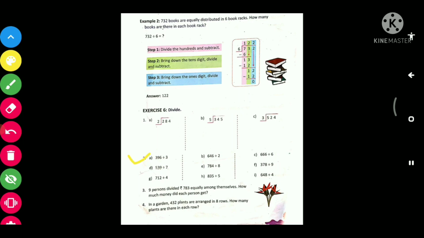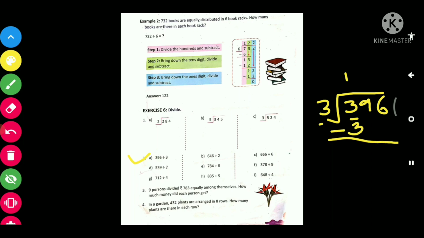Okay, now see the second part. So here also we have to divide these numbers. Okay, so see the first one, the dividend is 396 and the divisor is 3. Now we'll compare these two numbers. So both are equal, so we can divide. Okay, if the divisor part is the greater one, then we have to take two numbers in the dividend part. So now 3 ones are 3.